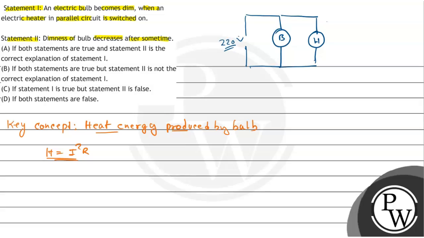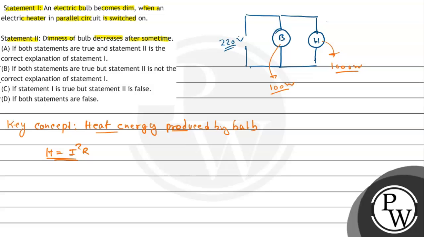And we know that in a heater the rated power is high. That means it is in terms of 1000 watt,